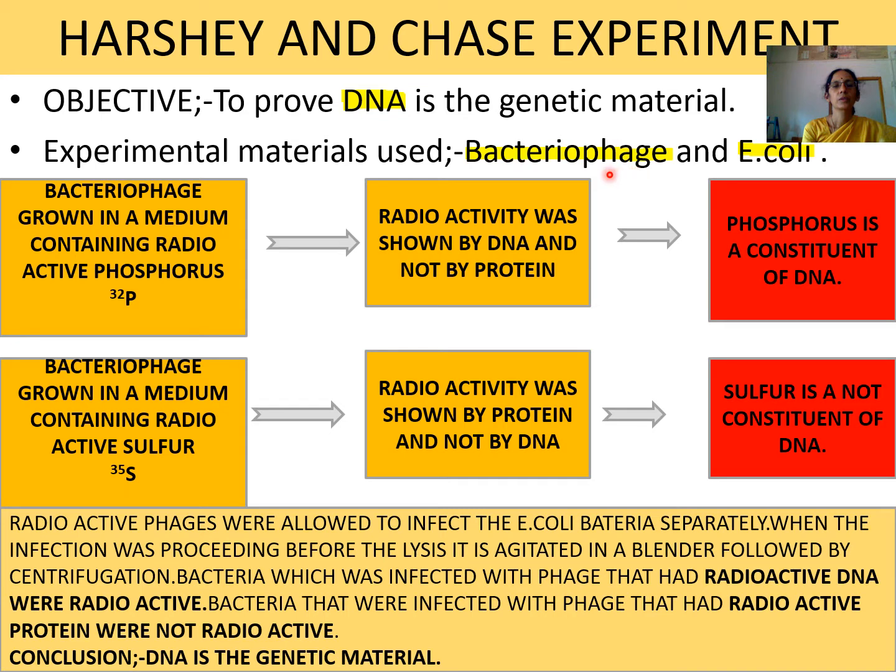Once the genome is ready, it forms the protein coat around it. Now the entire bacterial cell is filled with many bacteriophages. This leads to lysis of the bacterial cell. Finally, all the phage particles come outside and go and attack another bacterial cell. This is the normal life cycle of a bacteriophage. Now let us move on to the experimental part.